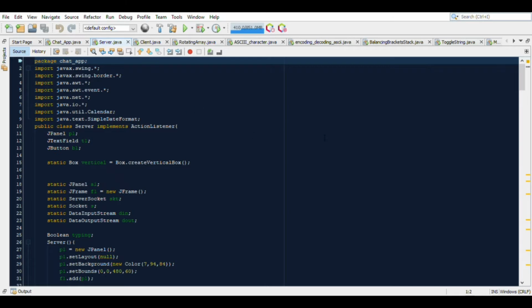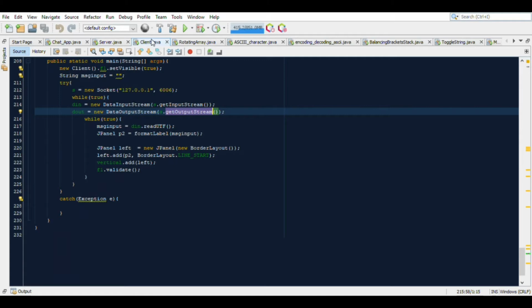So let's quickly go into the code. I have written two codes. One is the server code and another is the client code.